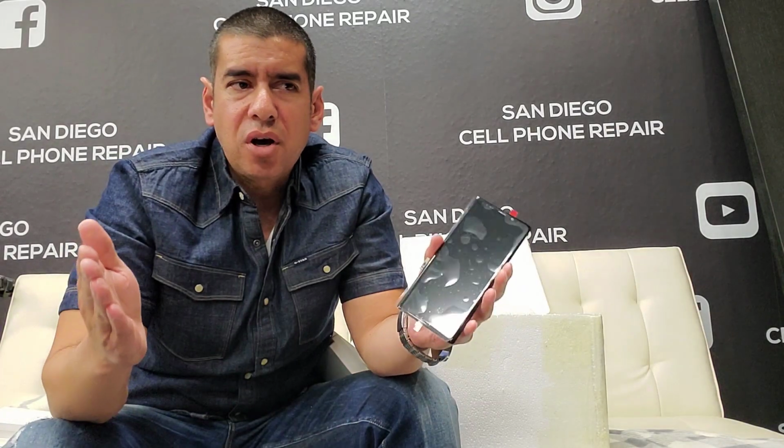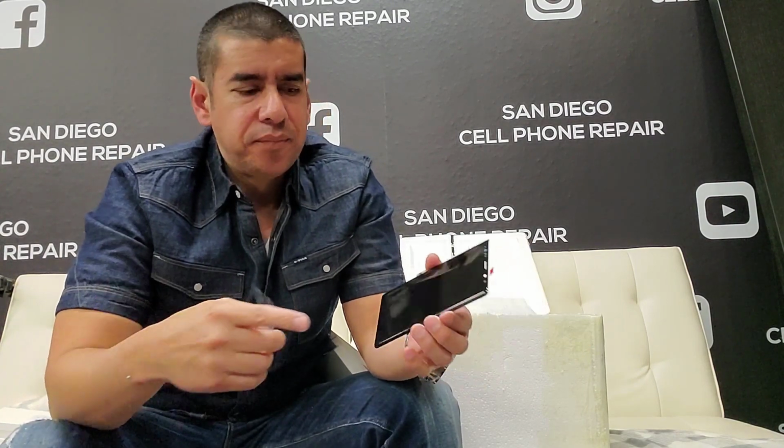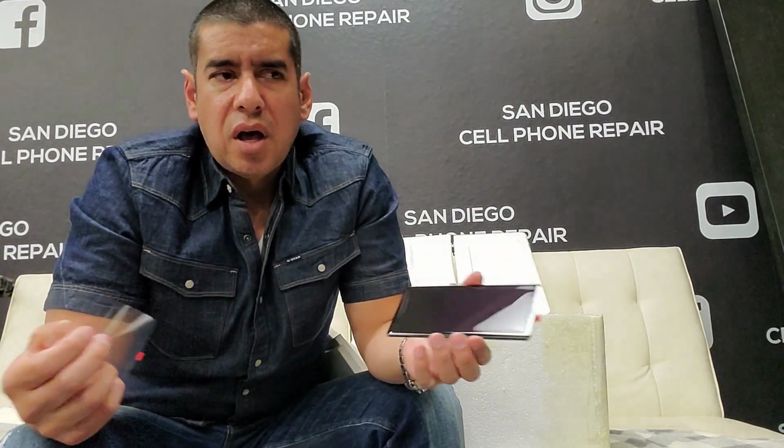Do you know how much other refurbishing companies charge here in the United States? Guess how much? Take a guess. 80 bucks, right? Some of you know this. All right, hear me out. If you're going to do this yourself, how much do you think this piece of glass on here costs? Samsung Note 9, I'm guessing